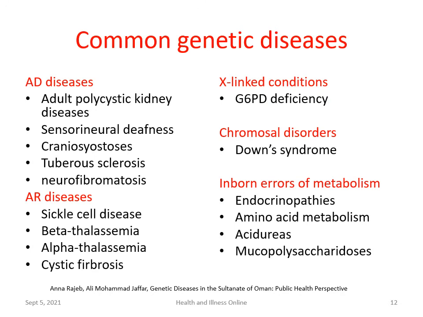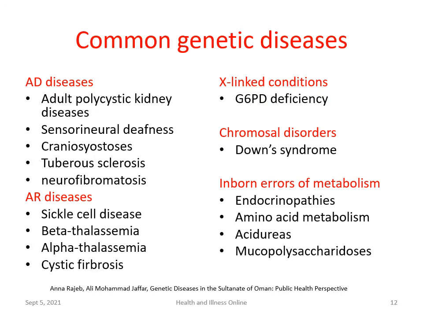Almost 1/3 of the population, 1/3 of yourselves, may have G6PD deficiency. So this is something to know about. Chromosomal disorders are also not uncommon in Oman. Down syndrome, there are lots of patients with Down syndrome, so you need to know a little bit about Down syndrome as well. And then inborn errors of metabolism,